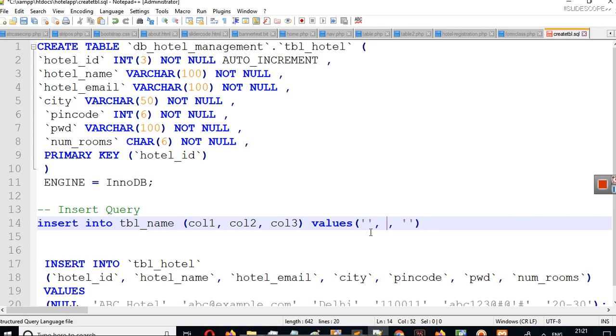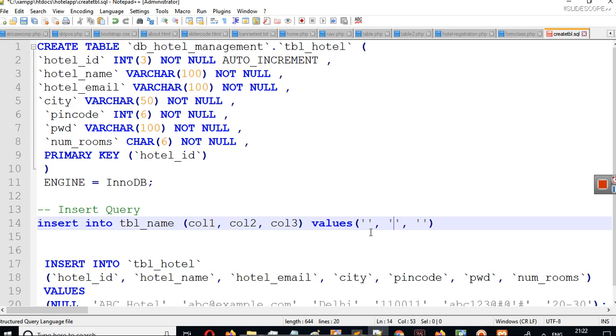We can simply write the numeric value like this. If the value is non-numeric, that is, it's a string, then you have to write it inside single inverted commas. In MySQL, you have to write strings in single inverted commas, right?